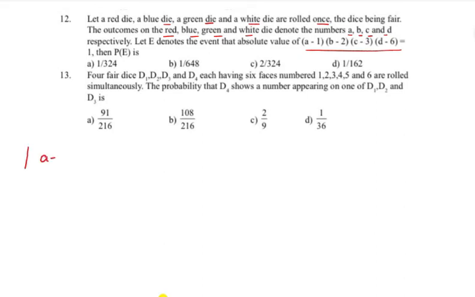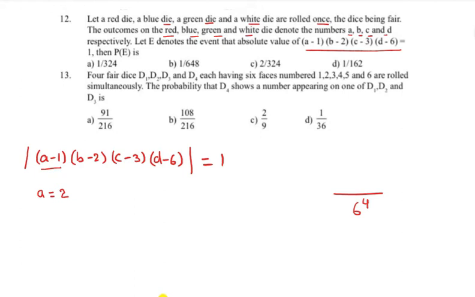That means he has given the modulus of (A minus 1) into (B minus 2) into (C minus 3) into (D minus 6). This modulus value is given as 1. So then what are the possibilities? Suppose you see total possibilities, no doubt, because 4 dice, each die having 6 options, that's why total 6 to the power of 4. Now observe here, suppose I am taking A equals 2, you will get this product as 1, because here also 1, here also 1, here also 1, either it is plus 1 or minus 1 we have to get.